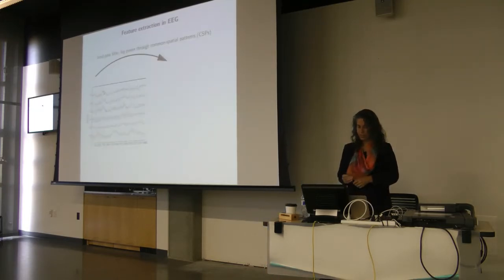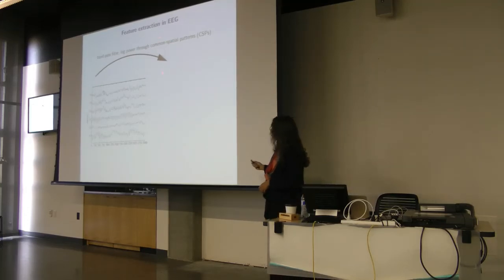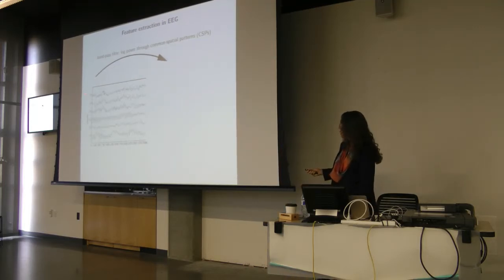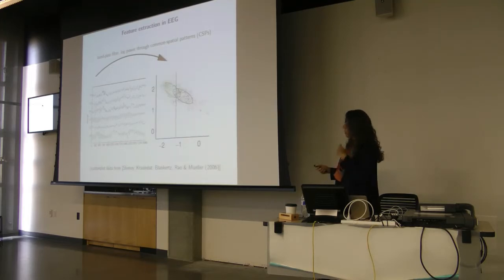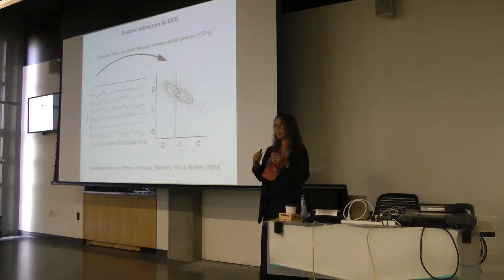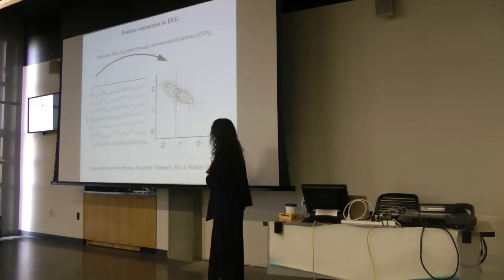Okay. All right, so first we have to do feature extraction, and we do that with the common spatial patterns. So here's some raw data. We will window it, so that's shown by this little light green rectangle. Then we can put it through the common spatial patterns. We take the power, and then we take the log of that because that's more normally distributed. And then if you do that, and here I'm just showing you the top 2